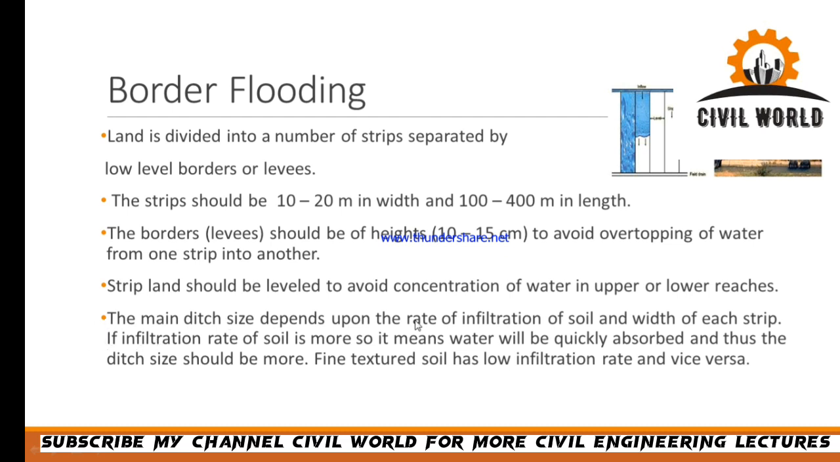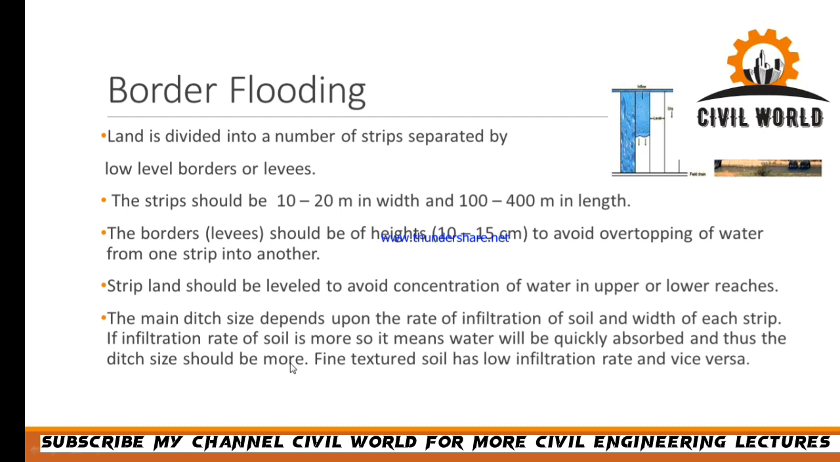And the main ditch size depends upon the rate of infiltration. जो main ditch size है, its size can be large, its size can be medium, its size can be less, or let's say somewhat small. So the main ditch size depends upon the rate of infiltration of soil and width of each strip. If the infiltration of soil is more, it means water will be quickly absorbed and thus the ditch size should be more. यानी ditch बड़ा होना चाहिए अगर आपकी मिट्टी जो है वो porous है, permeable है,